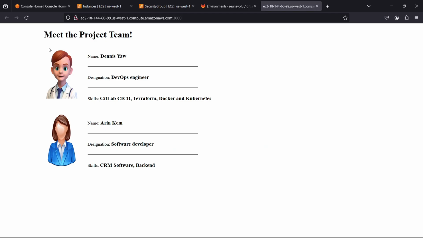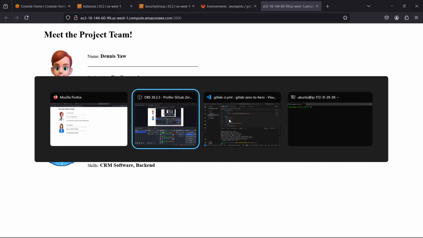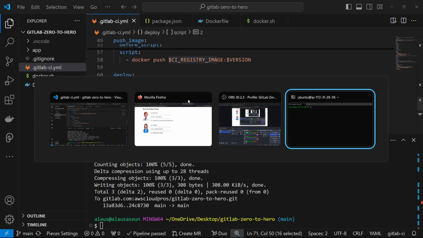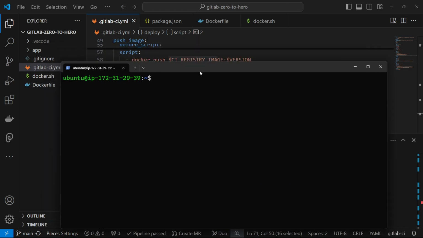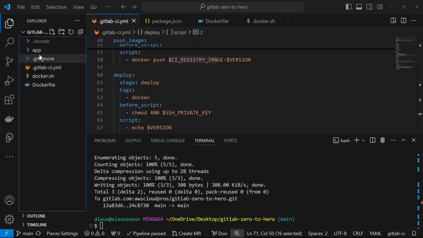Last video, we stopped at this point where we deployed our application to our EC2 instance, and we're able to access our application as we have right here on the screen. Now, the problem with this approach is the fact that, anytime we come to our app, for example,